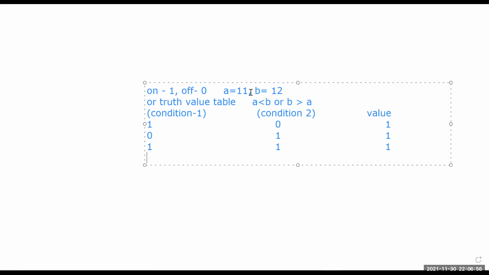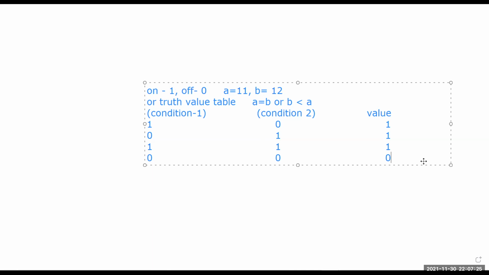But there will be a condition where A equal to B and B less than A. In this condition, all these values are false. If there is no route to go home, do we have any path? Can we go home? No, right? That is the reason it is going to return 0. This is what we call the truth value table for OR condition.